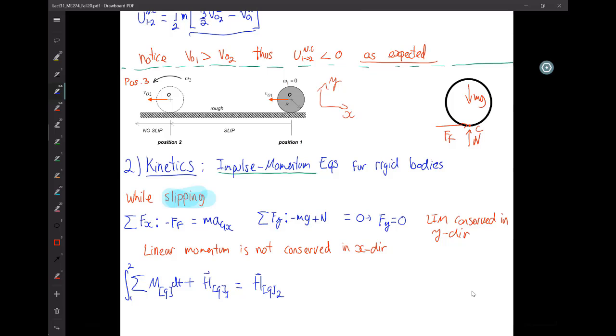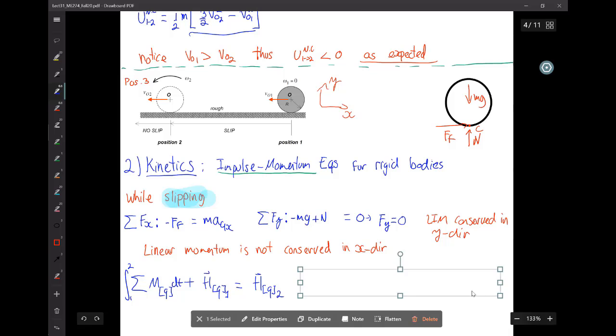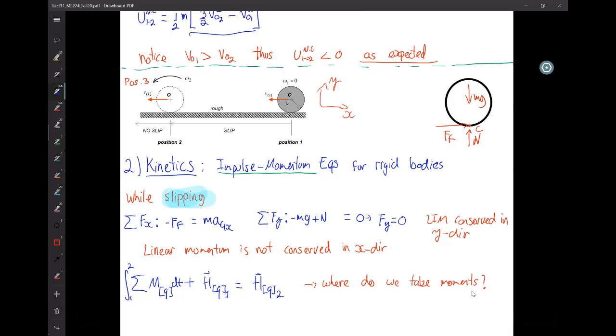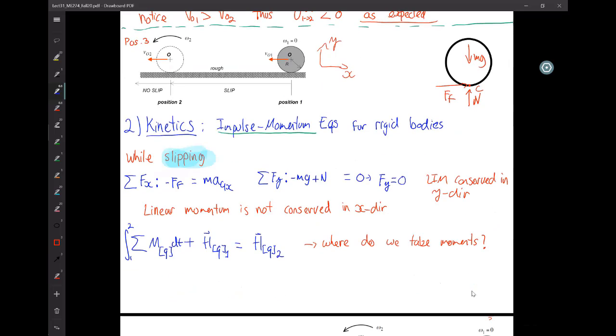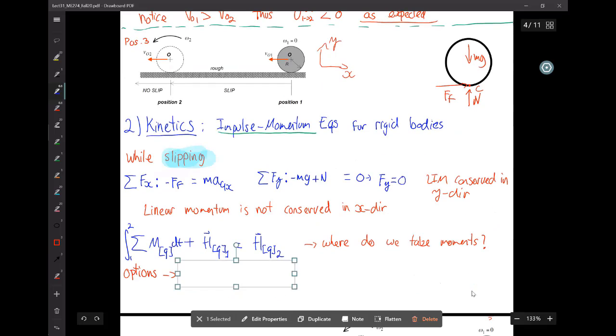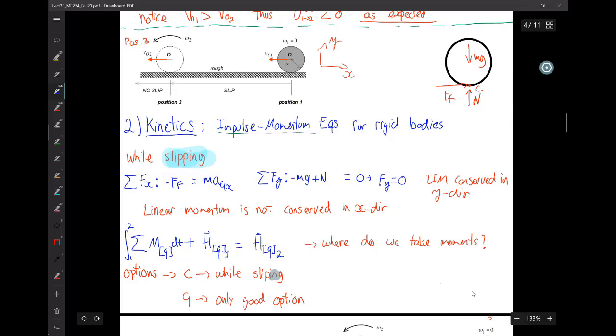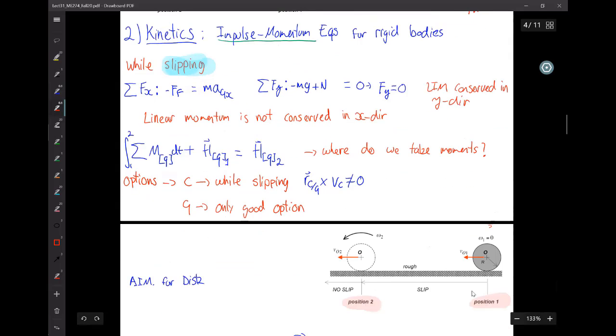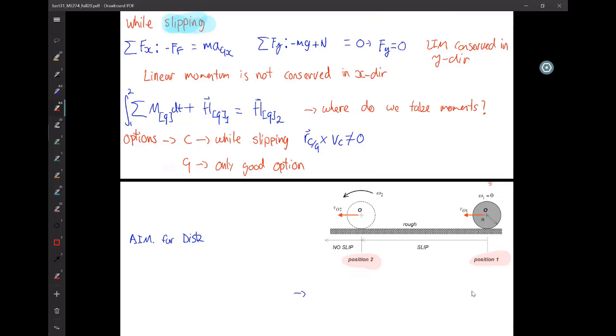G or O are the same. So it needs to be G because our options were point C, but it is slipping, so we cannot really take that one. And mathematically, it's because the velocity of C is not 0. Okay, so we take moments about point G,